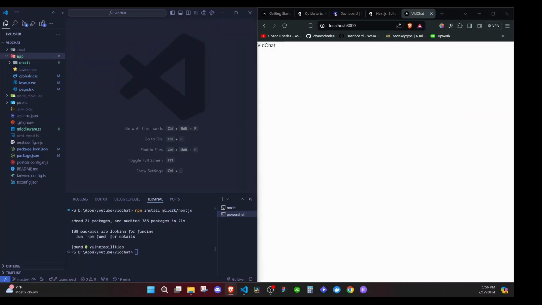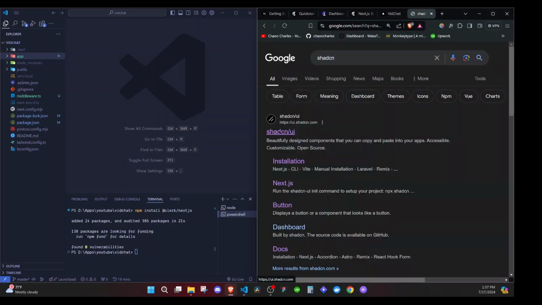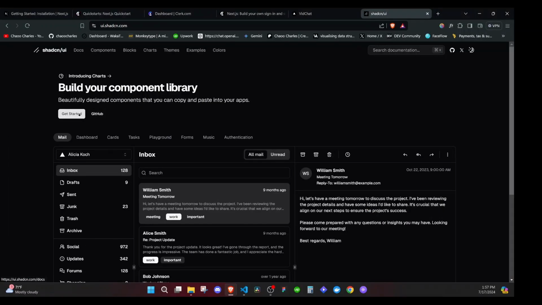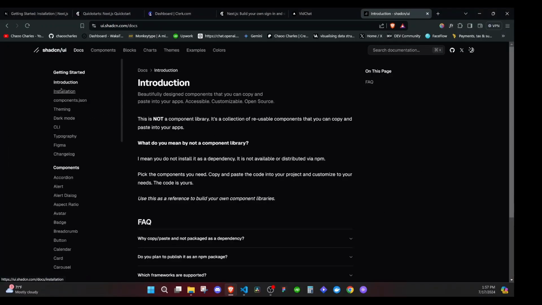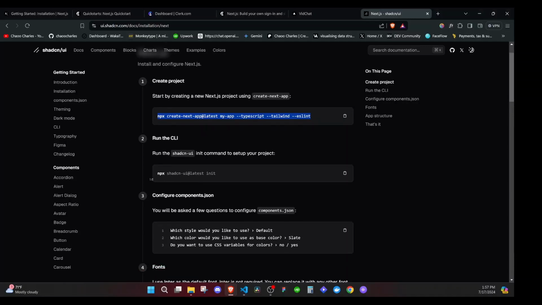Now about our navbar, I made use of a few components from shadcn/ui. We won't use it in many parts of the application though, but this is a good chance for you to learn about shadcn/ui. So right here, just search for shadcn. You'll see shadcn/ui. Let me expand this. I need to go to the docs or something, get started, installation, Next.js. Okay, first of all, it shows you how to install a Next.js application. We have already created a Next.js application. Then it shows you how to add